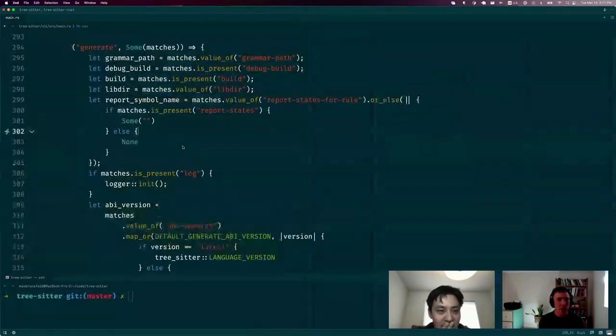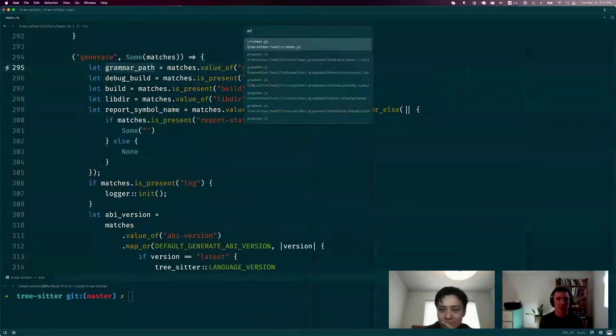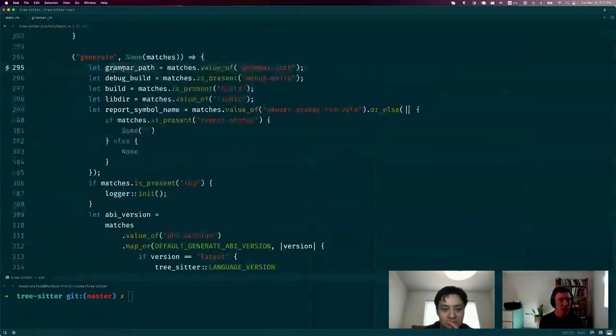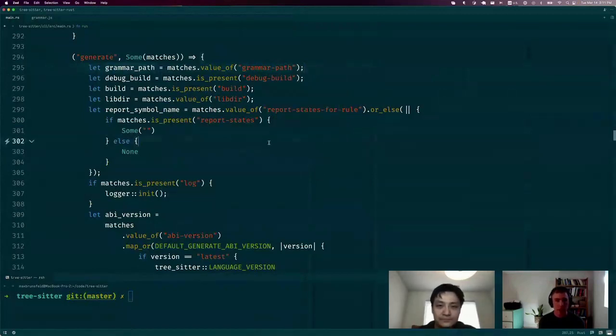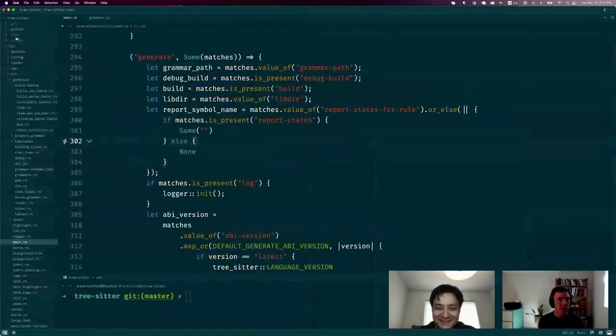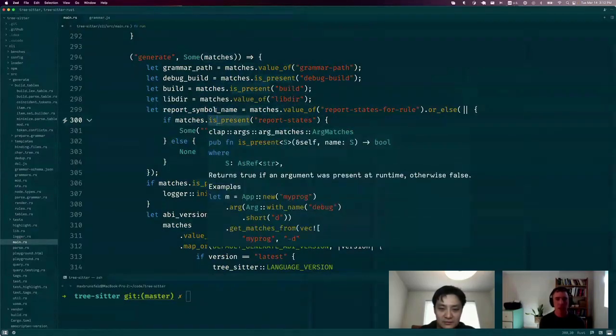I'm looking at the Tree-sitter code base right now, and to start off, it's pretty familiar. It's a code editor. It's got tabs. It's got a terminal at the bottom. It's got a project browser on the left. It's got some familiar stuff. You can see as I'm mousing around, it's running a language server and doing a lot of the normal language server stuff. It's giving me hover information about symbols,